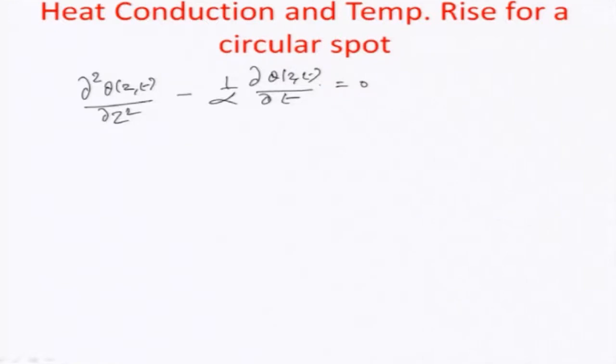We assumed boundary conditions that at the surface of the workpiece, corresponding to z equal to 0, there would be a constant temperature gradient with respect to the z direction, the depth, and it was given by minus 1 by k h t, and we further assumed that it was a semi-infinitely long surface